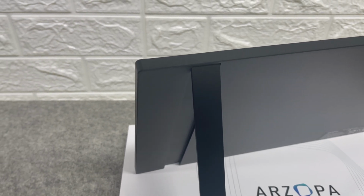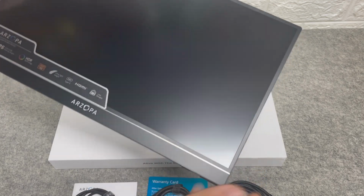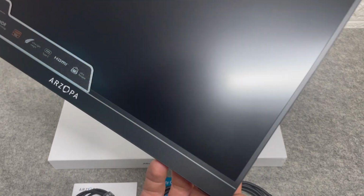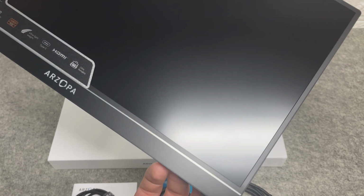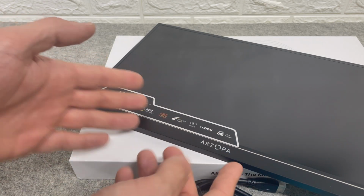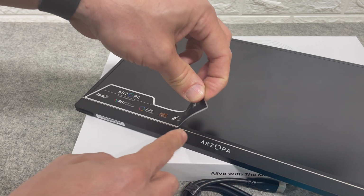Another thing I prefer in these monitors are the matte screens. They are much better when it comes to dirt, and fingerprints are much less noticeable. You can still see them, but much less. And with the introduction done, all that's left now is to remove this sticker and get the monitor ready for